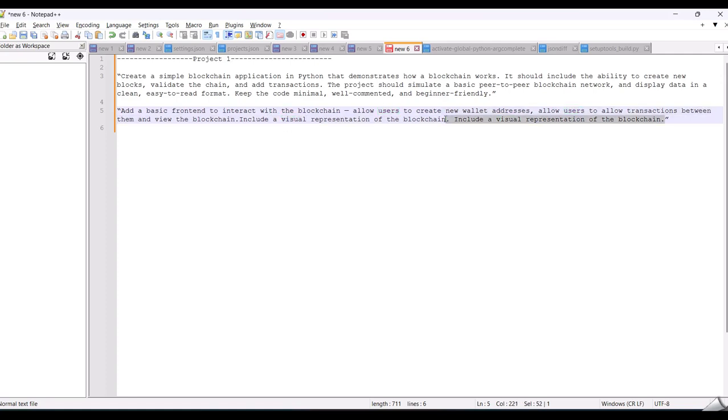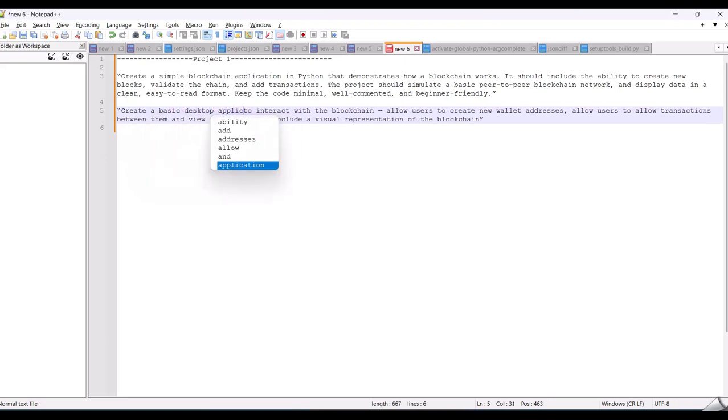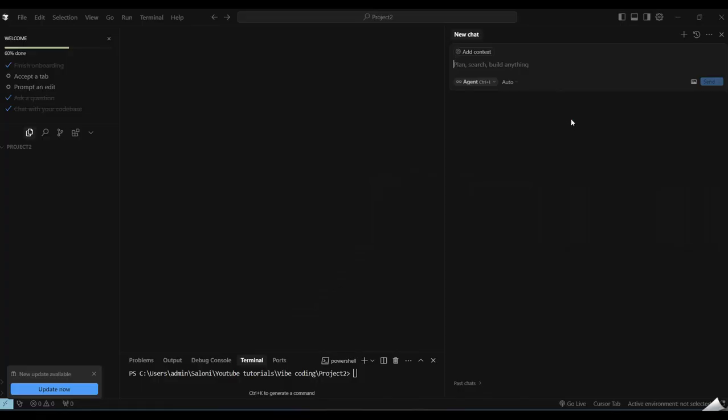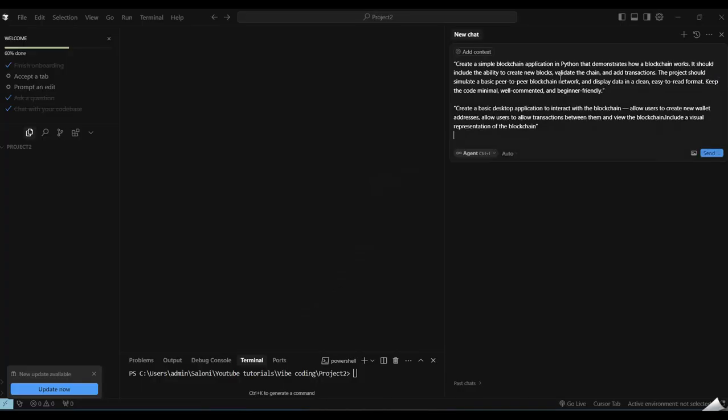Let me remove this. Okay. So I have not mentioned a front end. I would say add a basic front end, create a basic desktop application. Desktop application for simplicity. So let me paste this in my chat. Here it goes. Okay,